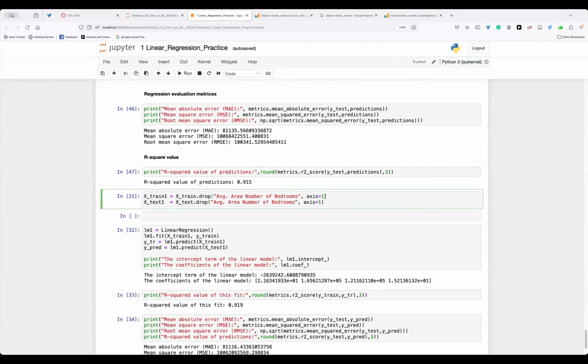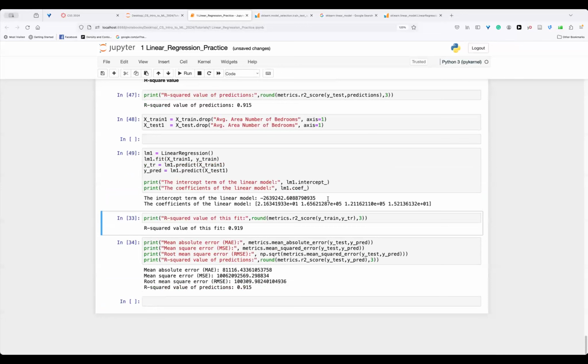along axis 1 because it's a column. If it was axis 0, it's a row, and of course it will give us an error because there is no row like that, so we need to indicate the axis. Okay, so we drop it. Now we can build a new model again, LM1, linear regression, fit on X_train and y_train, the same ys, predict, and we can get a new list of coefficients, intercept terms, betas, and we can calculate the